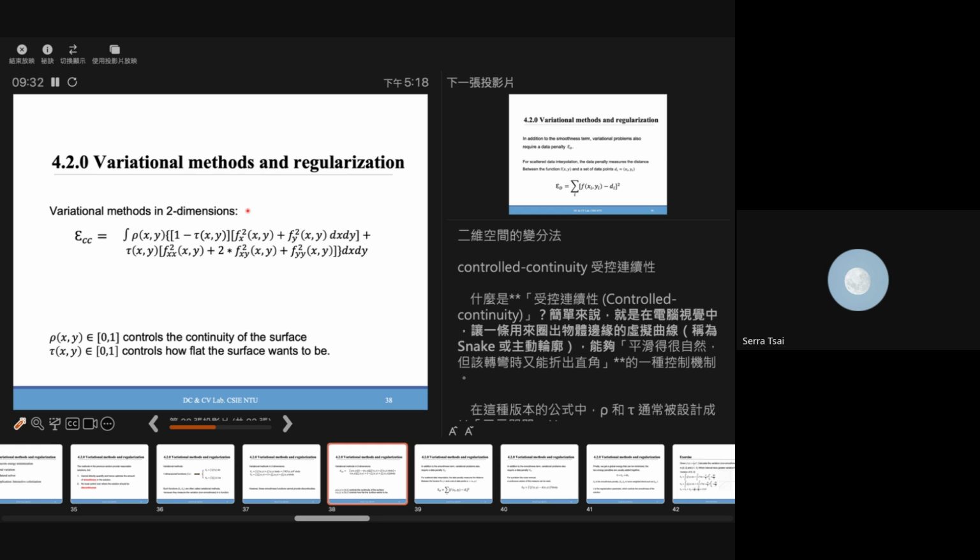epsilon function 来处理平滑度以及平面的断点，可是没办法完全呈现影像该有的原始样貌，所以会引入另外一种方法，叫做 epsilon cc，controlled continuity，受控的连续性。这个函式含有两个 function，一个是 rho function controls the continuity of the surface，用来控制表面的连续性；一个是 tau controls how flat the surface wants to be，用来控制平面的平坦程度。